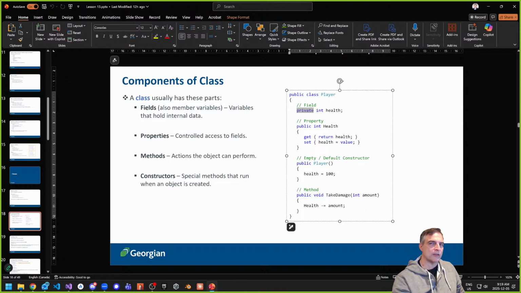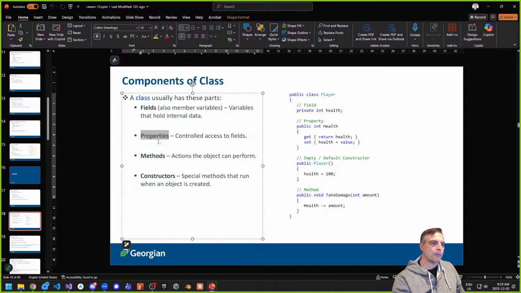And usually what we want to think about them is they're variables that hold internal data that cannot escape without going through some kind of door. And the door is going to be the property, right? The property is going to be your gatekeeper, if you will. It's going to be the entry point. Where you want to get data, you've got to go through the property. That's the way classes usually try to make things happen.